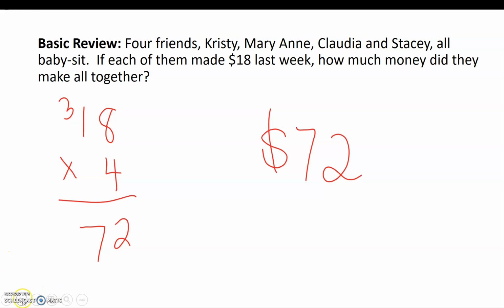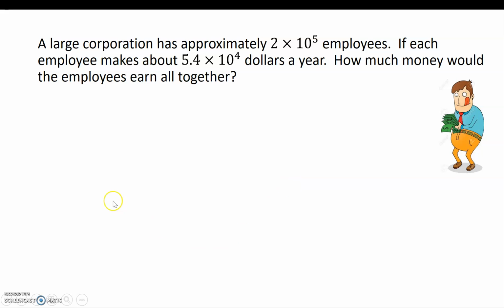So for example, the next one says a large corporation has approximately 2 times 10 to the 5th employees. If each employee makes about 5.4 times 10 to the 4th dollars a year, how much money would the employees earn altogether? And something that I'm trying to emphasize is as you're looking at these problems,